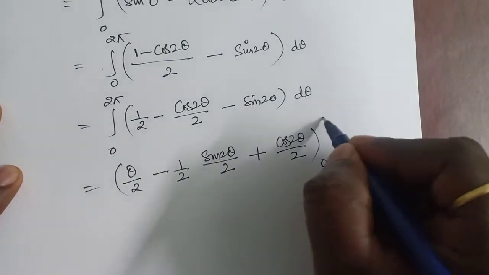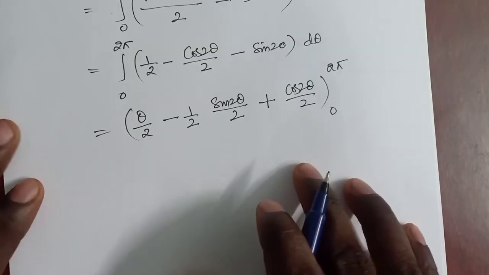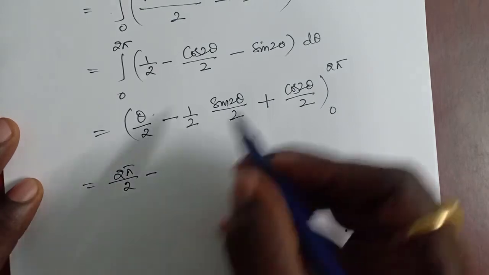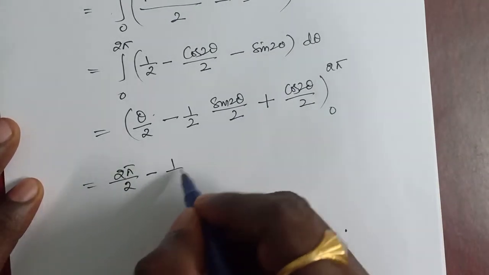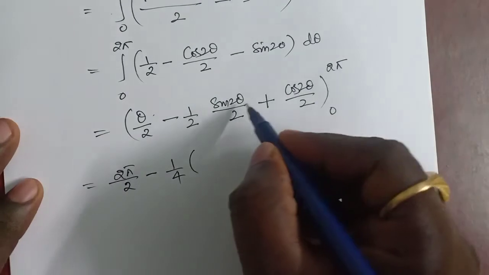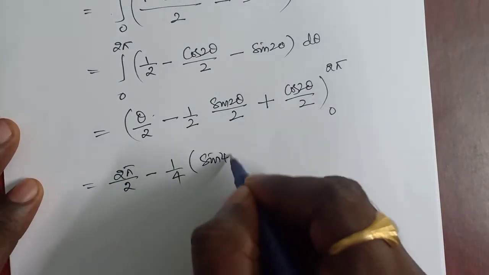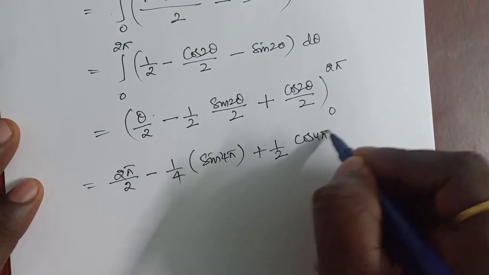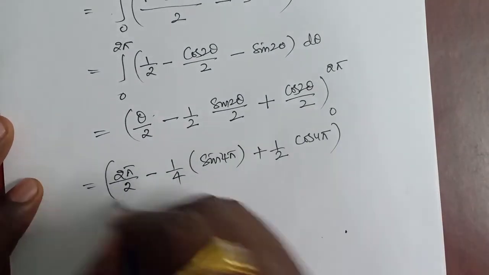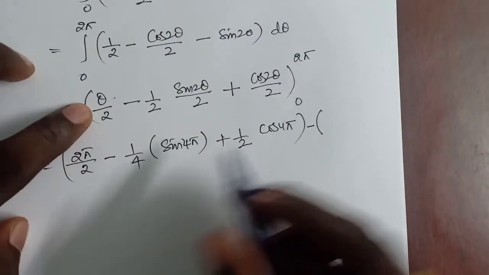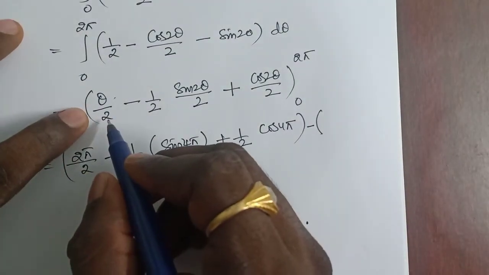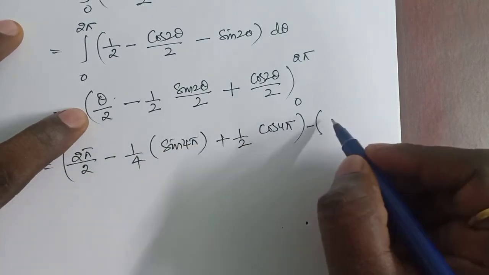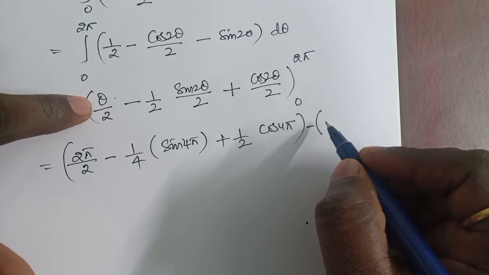The boundaries are from 0 to 2 pi. Now coming to the upper boundary, it is 2 pi by 2 minus, so by 4, so 1 by 4 take common, into sin 4 pi, plus 1 by 2 is a constant, so it is cos 4 pi, and then minus of, now substitute 0 here, so clearly what we get, so 0,